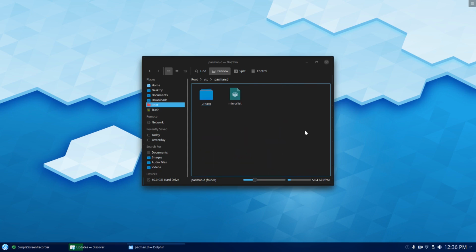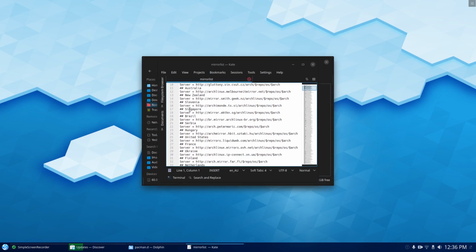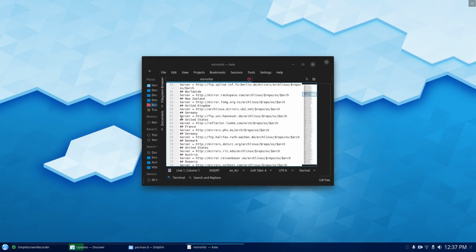Where are we? Pacman.d, mirrorlist, open with Kate. So yeah, we've got a whole heap of servers that it's checking, and what I did there was put a hashtag next to the ones that are not